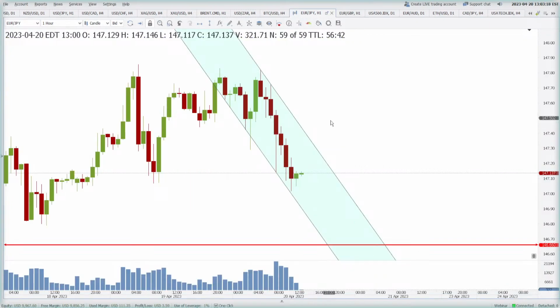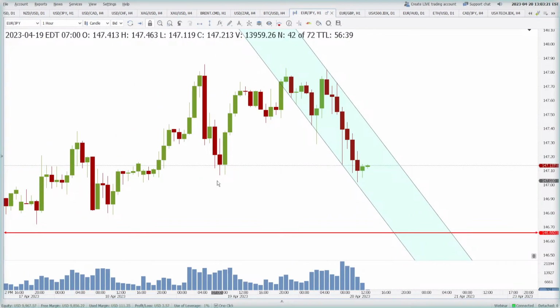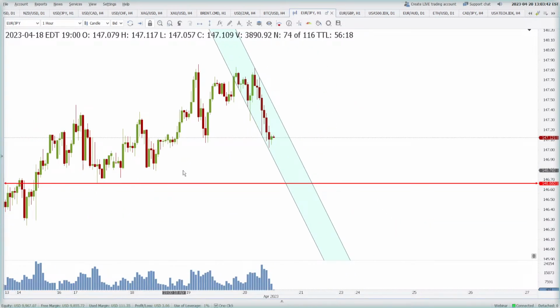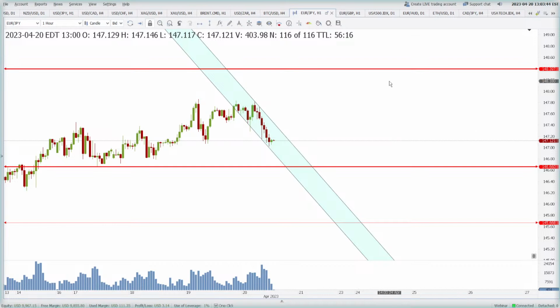I was long at Euro JPY and stopped out. Okay, where you stopped out below 147.06. Where was your stop loss? Because you are trading intraday, right? Because if you have kept your stop losses higher, that's your problem. You can adjust your position size and keep a bigger stop loss and smaller position with a target of 148. What's the problem in that? It takes more time, it needs more patience, and that's it. That's what you need.